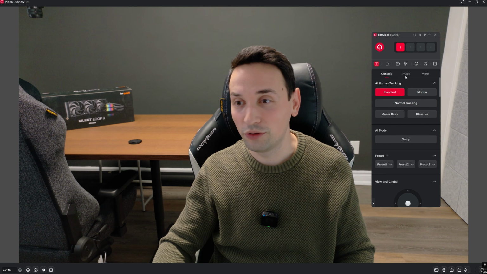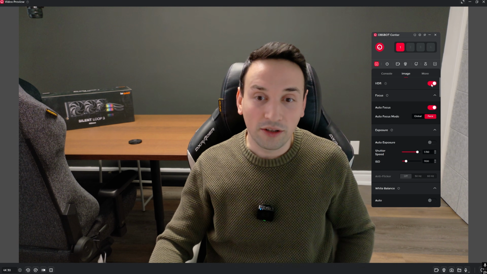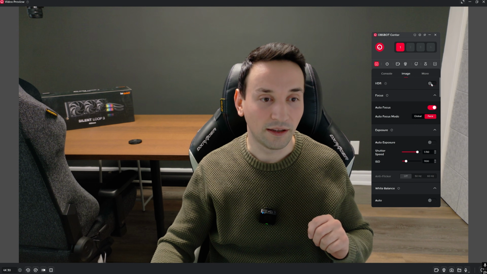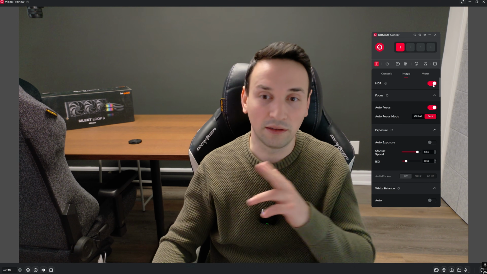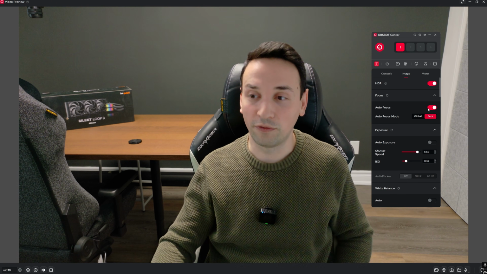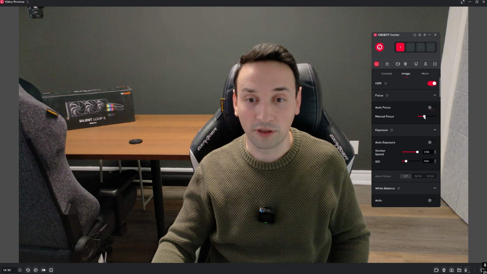And we're gonna go to the image section. So I do have HDR set on. If I go ahead and click this, you can already see it's making a difference. And if I go ahead and turn it back on, it does make a little bit of difference, in the highlights and everything here. And then we also have autofocus. So if I go ahead and uncheck this, we are able to do our own focus here as well